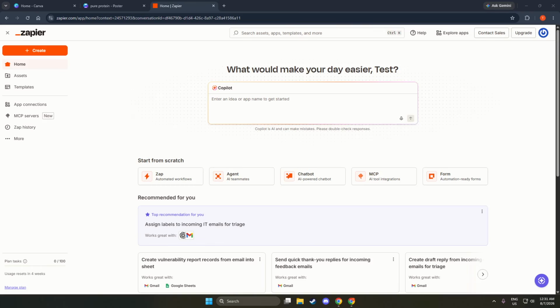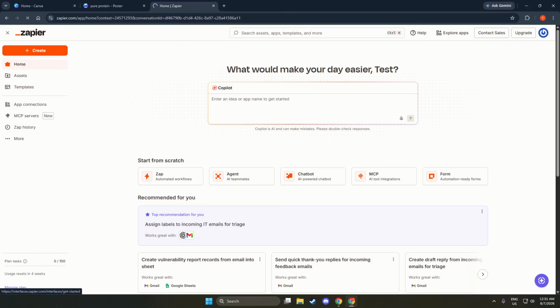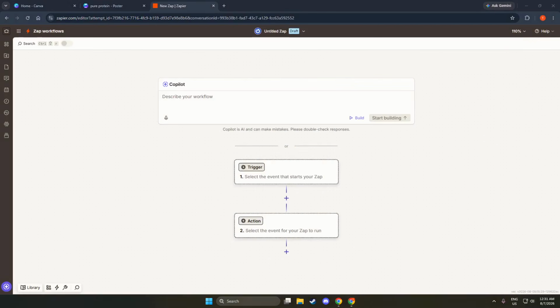If you do not have an account yet, create one and then log in with your email and password. When you are in, you should see the main Zapier dashboard with a menu on the left and your Zaps or suggested templates in the center. If your screen looks different, make sure you are on the home or dashboard view before moving on.